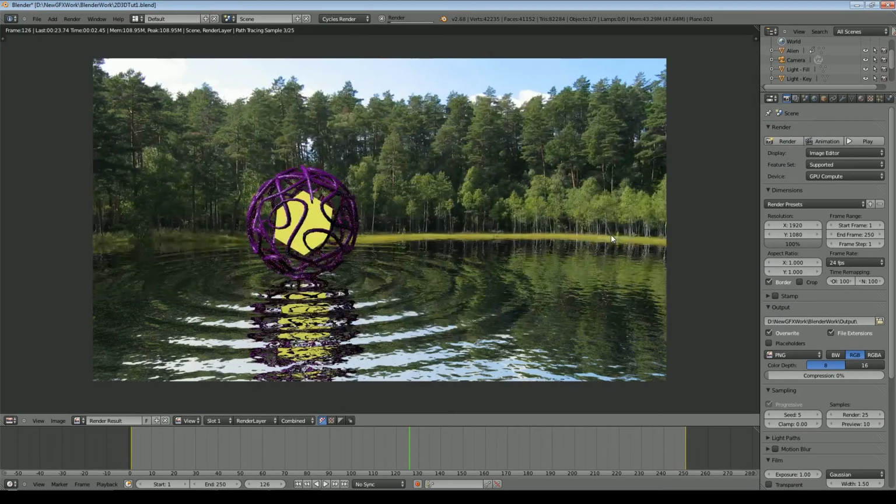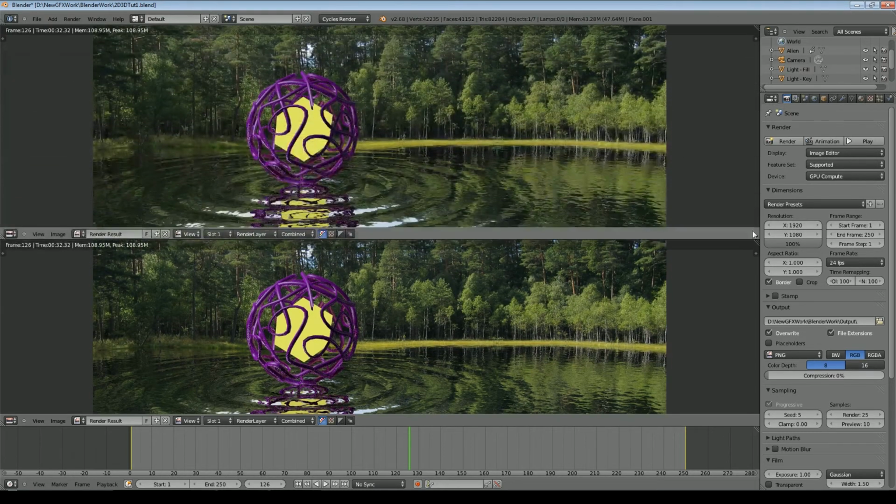That's just going to render a 25 passes render. And because we're not using water or glass shaders, we're only using glossy shaders, we're not getting too much in the way of noise in the scene. It's pretty good, given this is only up to about 15 passes at the moment. So just let that finish, and then we'll go into the node editor for the final compositing of the glow on this element, and then I'll set some lights and do a final render. Okay, so that's our initial render pass.